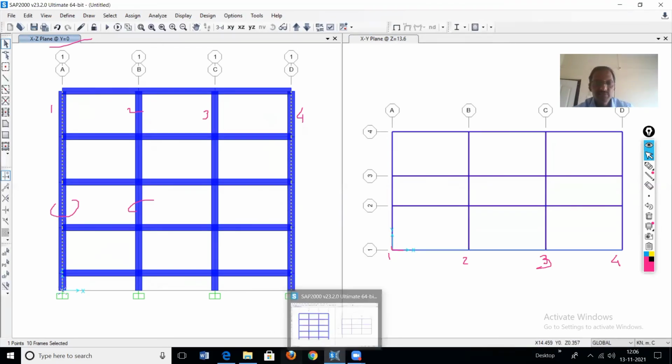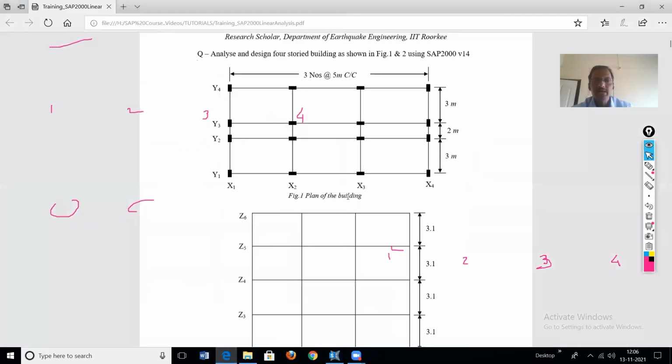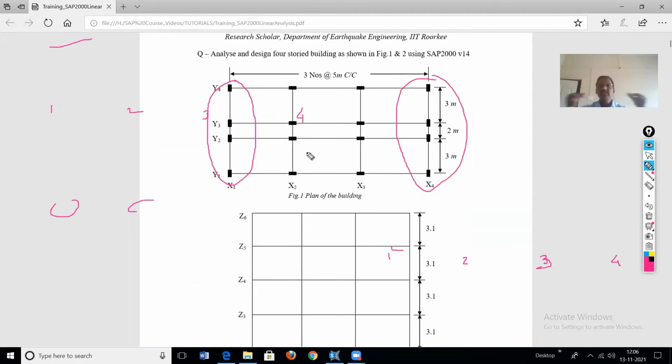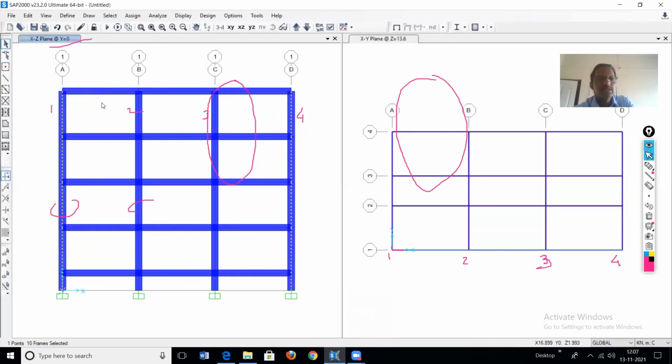Then next, in our plan, all of these also have to change, because the remaining interior columns have their orientation along the X direction. So we have to change the orientation of this and this. Therefore, first select these columns.